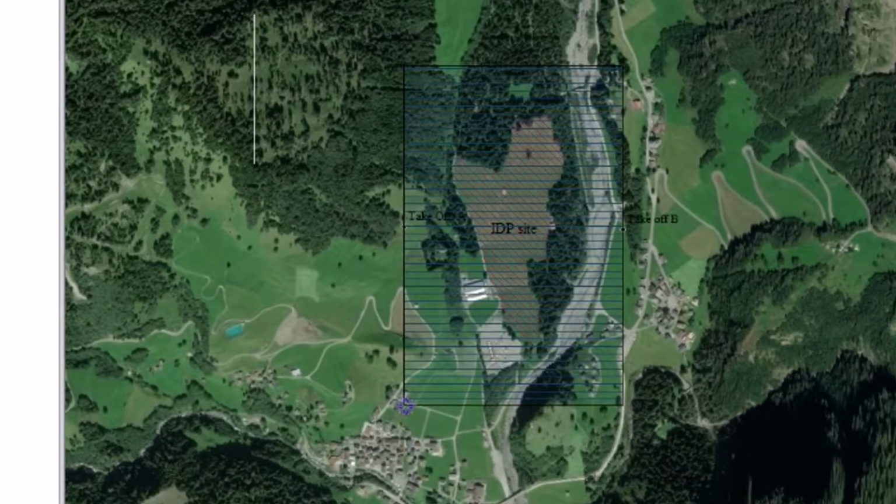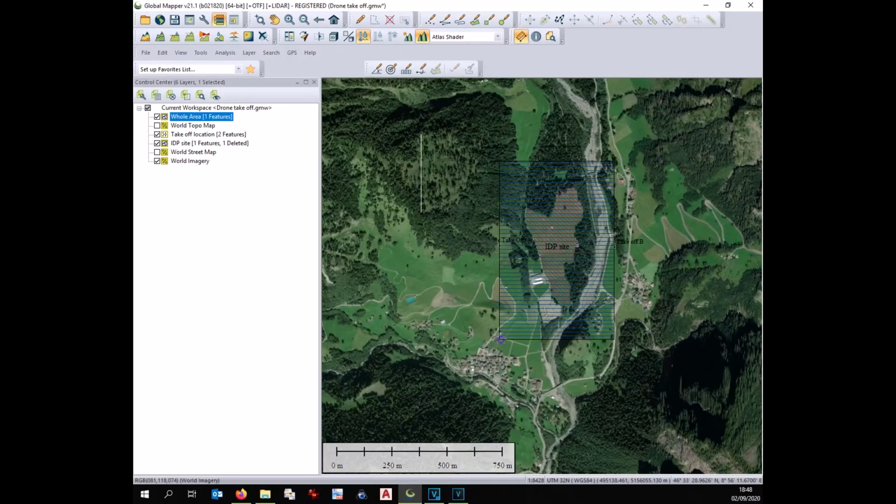In this case, I decided to fly over this area, so I will have part of the river as well, and of course I will have a big boundary around our site. Once the global area has been identified, you should measure the size of the area that you want to cover. In this case, we have